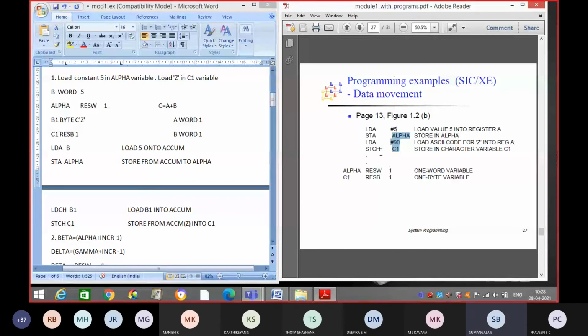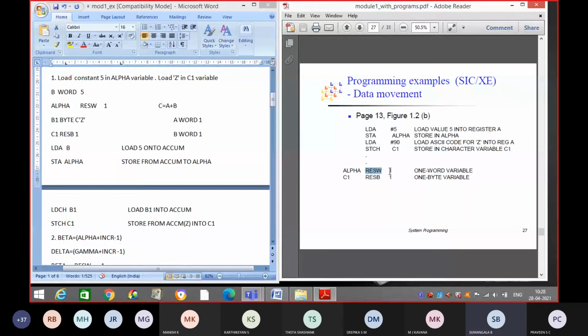Understood? In the accumulator we have phi, now you move that onto alpha. So use STA alpha. Below that instruction, you declare the alpha variable by using the reserve word. How many words are we reserving? One word. Understood?